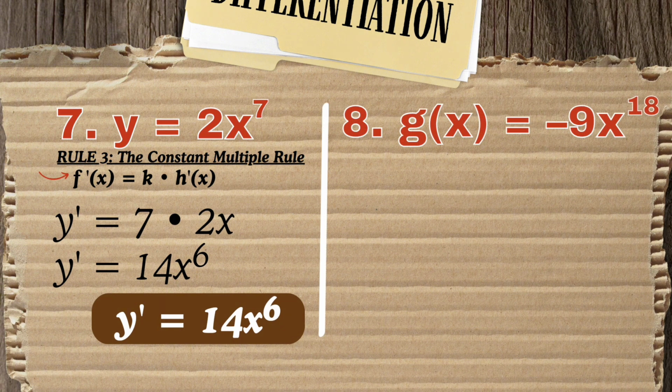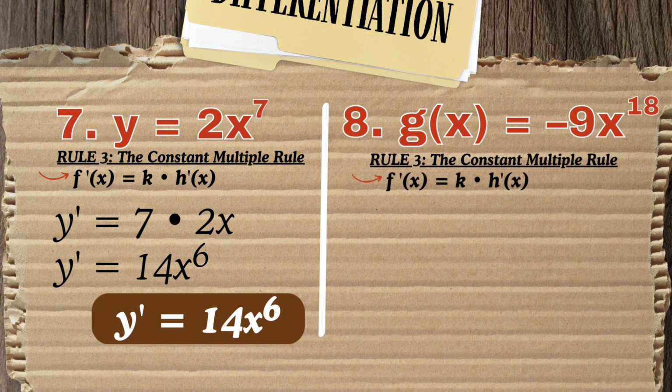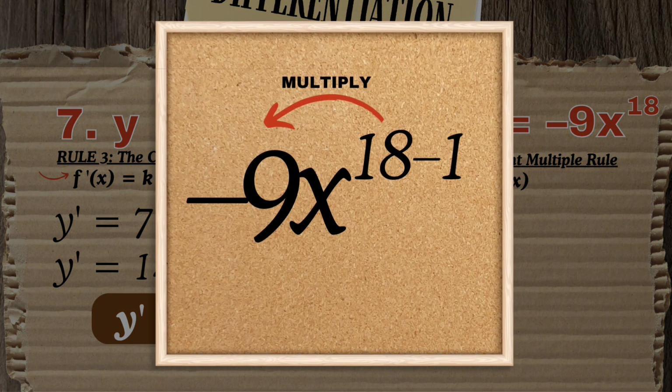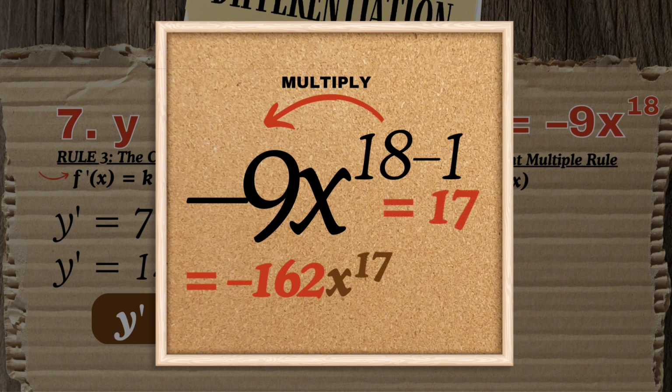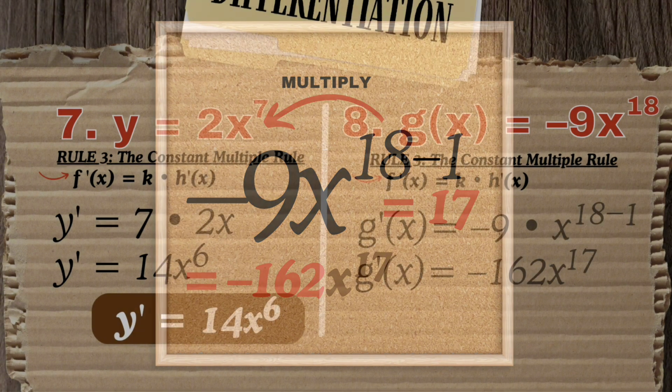For number 8, we have g of x is equal to negative 9x raised to 18. The first thing to do is kukunin natin ang derivative kagaya sa 7. We're gonna use the rule number 3, which is the constant multiple rule. So g prime of x is equal to 18 times negative 9 is equal to negative 162. Copy lang yung x and then 18 minus 1, so it will be 17. So the derivative of negative 9x raised to 18 is negative